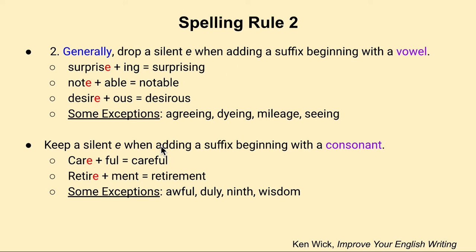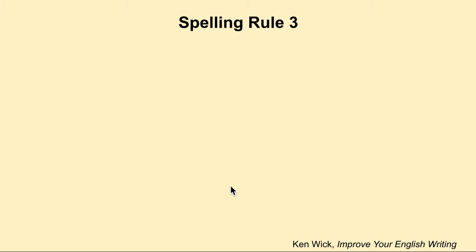So with the silent E at the end of a word, if you're adding a suffix with a vowel, you drop it. When you're adding a suffix with a consonant, you keep the silent E. That's just the general rule, a good rule of thumb to know. Now, the third general rule of thumb for spelling is